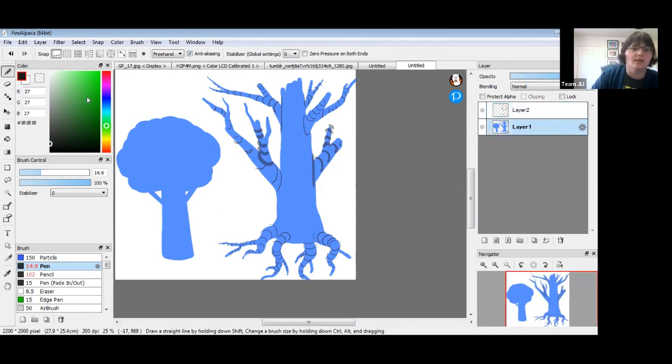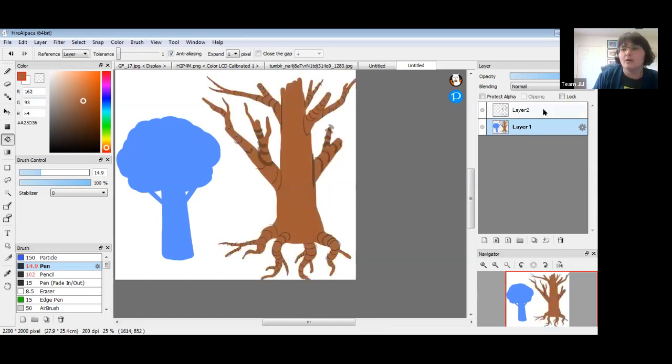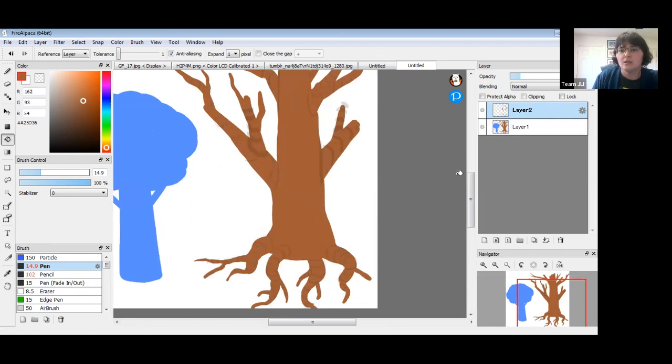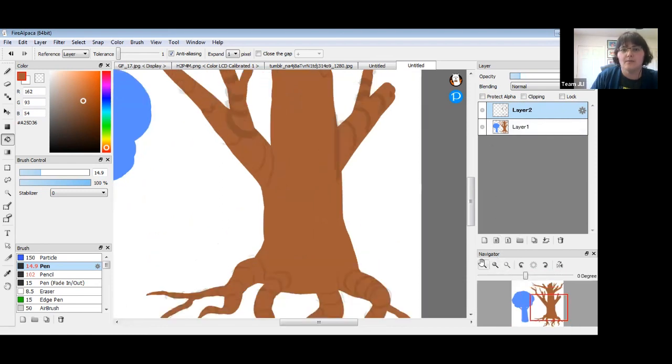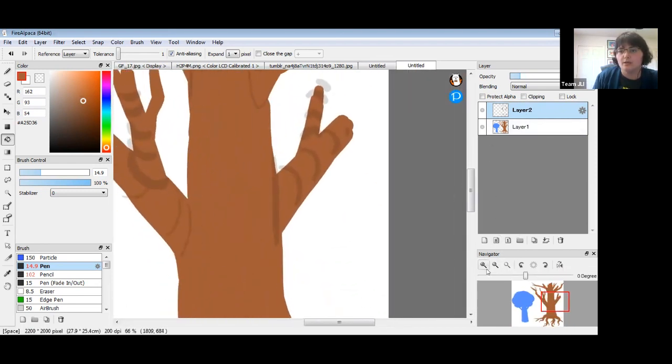I'm going to change my color to one of a tree, probably a brown, right? You're making your bark, so probably going to be a brown tree. Whoops, got to change it to layer. There we go. I've lightened up my contours so that we can't see them as much. And let's zoom in here. So when you're doing your bark texture,